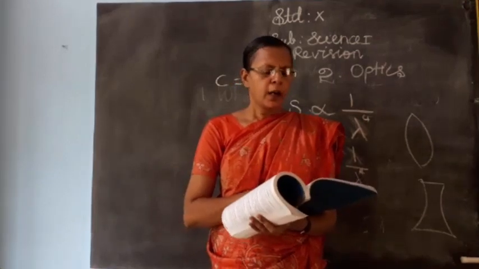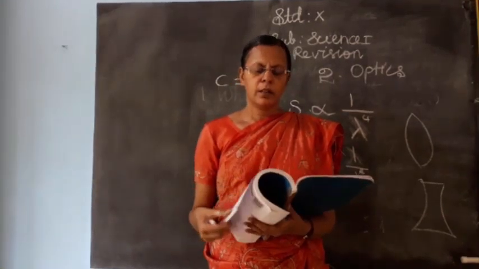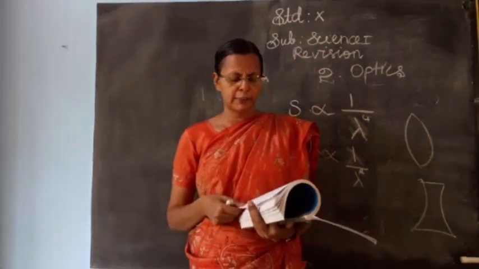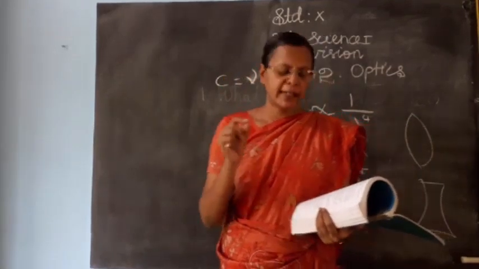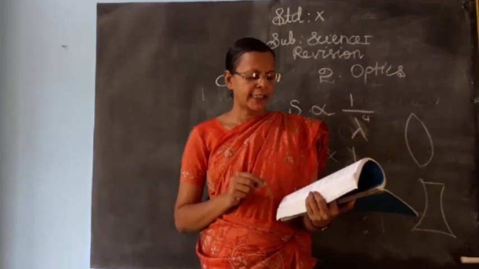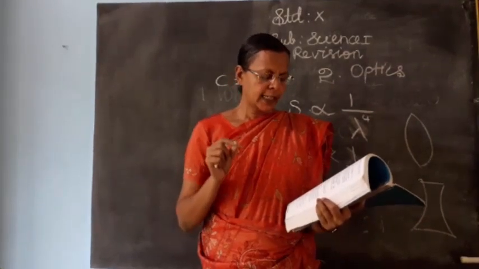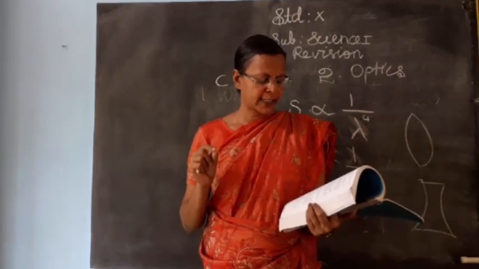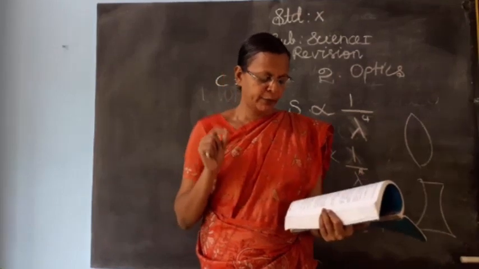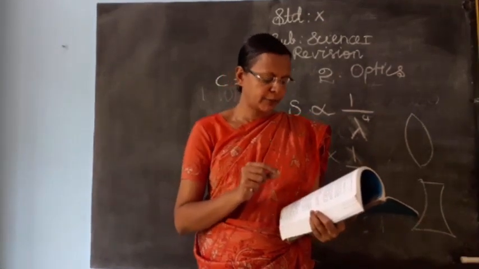Next, the advantages and disadvantages of telescopes. What are the advantages of telescopes? Page number 27. An elaborate view of galaxies, planets, stars and other heavenly bodies is possible. Second, a camera can be attached for taking photographs of celestial objects. Third, the telescope can be used even in low intensity of light. These are the advantages of telescopes.